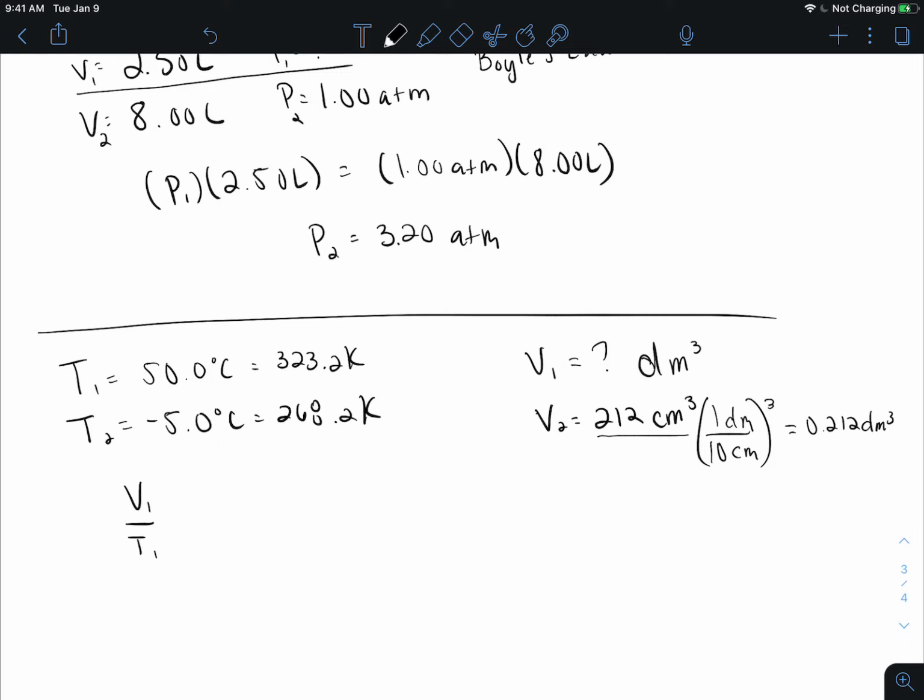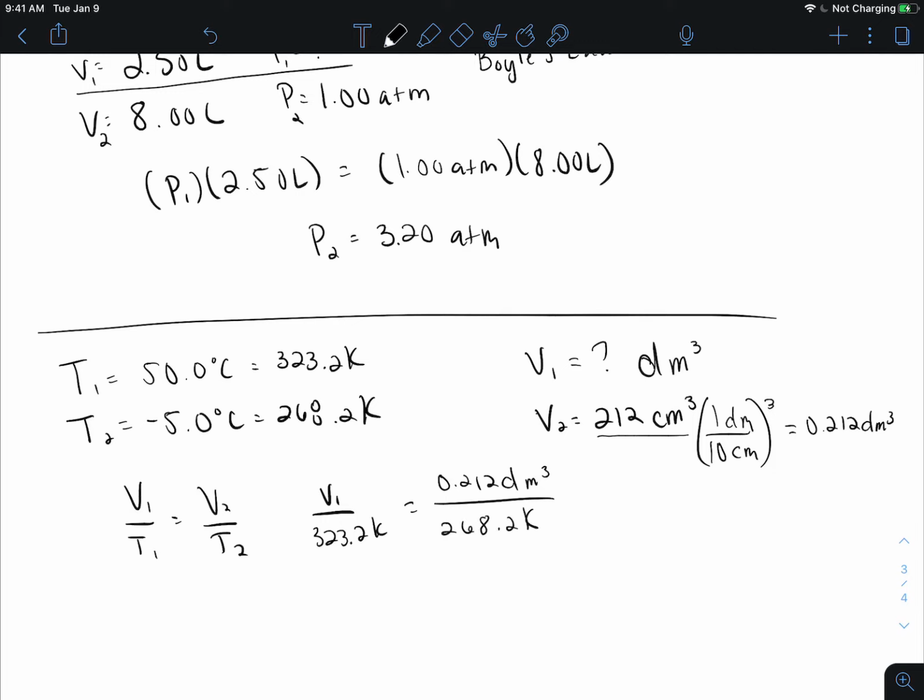V1 over T1 is equal to V2 over T2. Only things that are changing are temperature and volume. So we're talking about Charles' law here. So we have V1 divided by T1, 323.2 Kelvin, is equal to our V2, 0.212 decimeters cubed, divided by our T2,